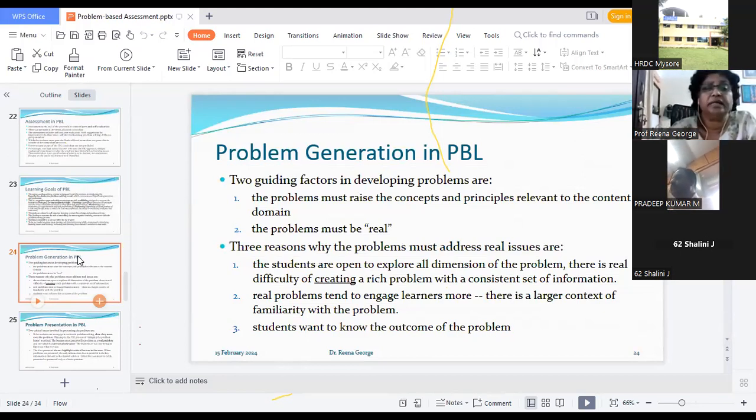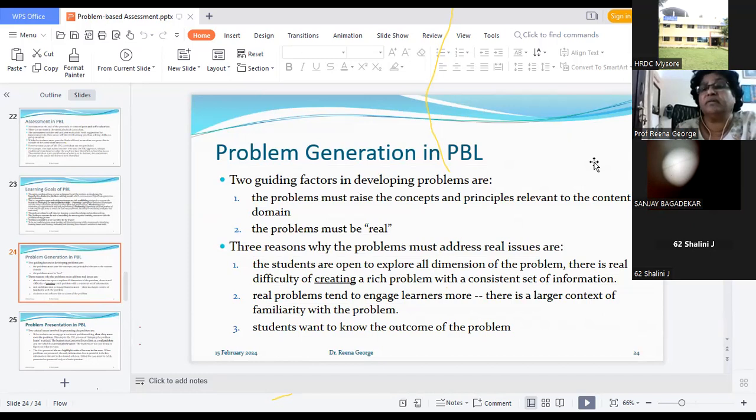So, another 3 reasons why problems, see, I said problems must be real. The 3 reasons why we say the problem should be real are: the students are open to explore all dimensions of the problem. This is really difficult to create. If the problem is not real, then the students will not be able to explore the dimensions of the problem. So real problems